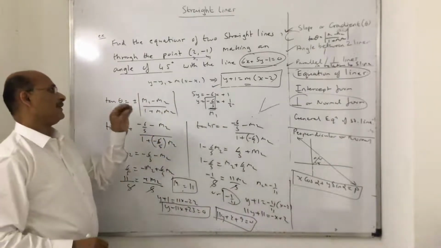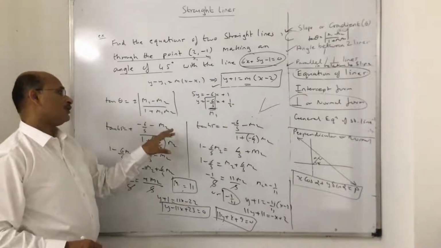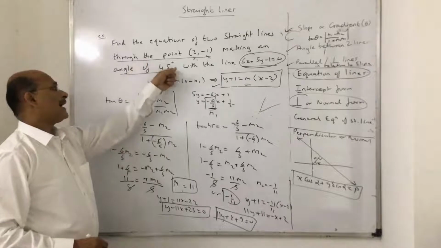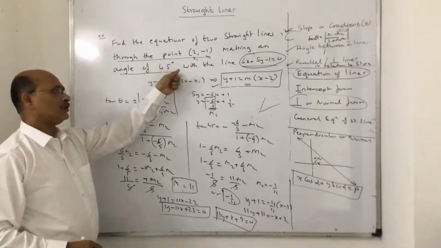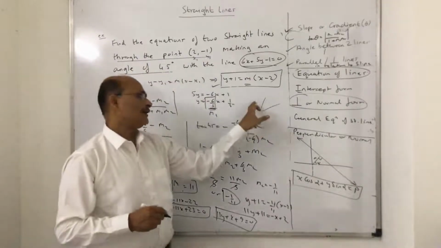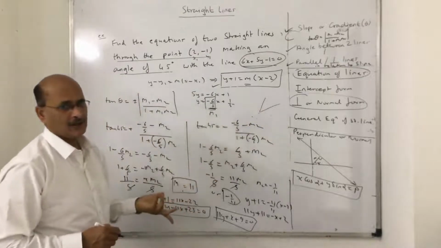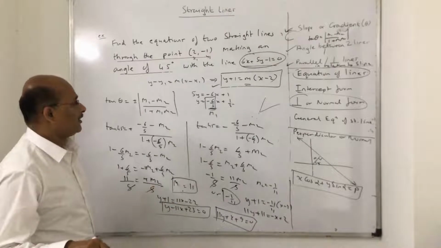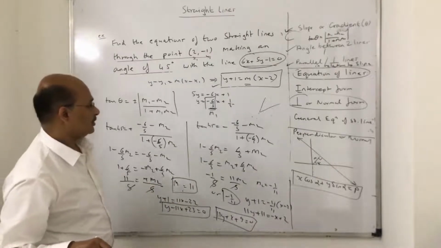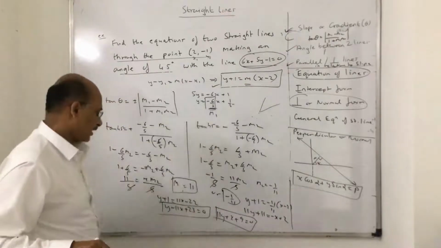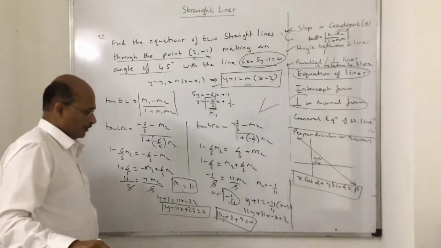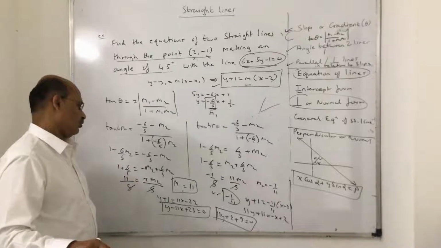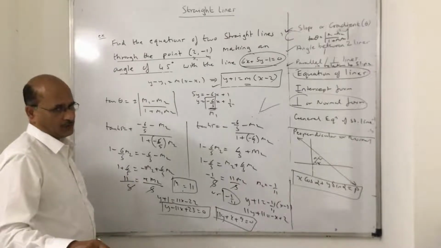So I do understand there is a confusion here, that why we got two slopes. Because you use the complete angle formula over here, because angle is given to you. If this is not given to you and they give you the slope of this line and this line, you directly apply the formula and get the answer. Okay, keep that in mind. Anyway, now angles are required because that slope is concerned. I hope you got this point clear. Not tricky as such, but you need to understand how to think about this question properly.